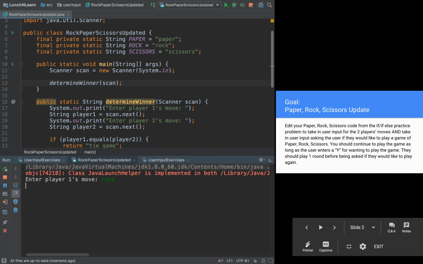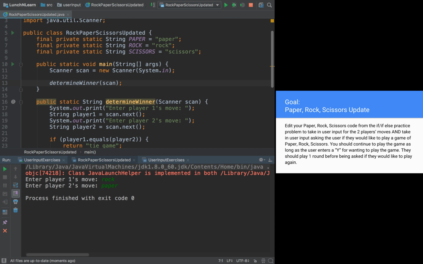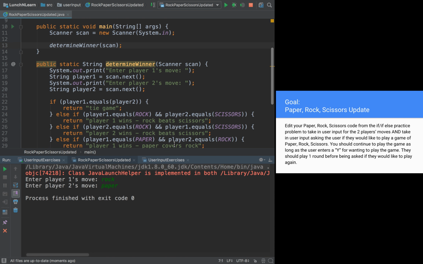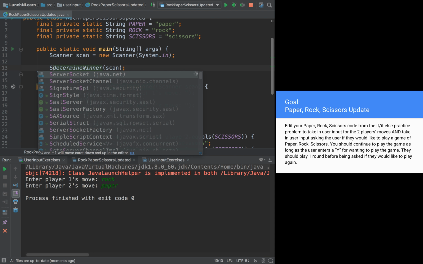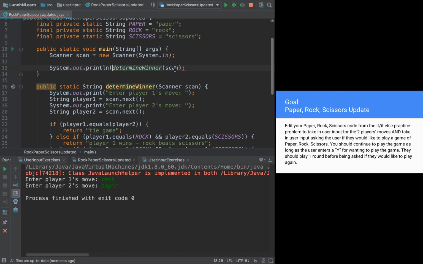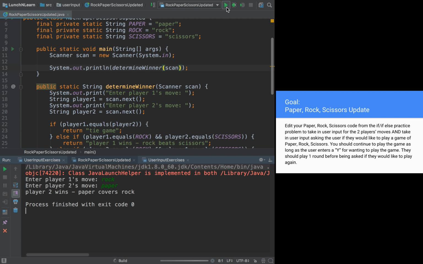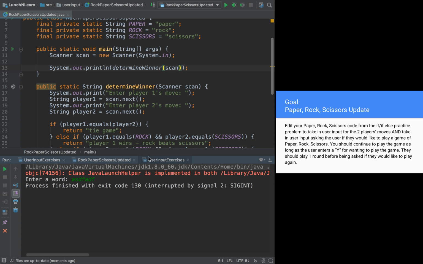So player 1's move is rock. Player 2's move is paper. Oh, you know what? I forgot to print out the answer. So, player 2 wins. Paper covers rock. Cool. Let's try again. Scissors, rock. Player 2 wins. Rock beats scissors. Great. Okay, so now that we've established that it works, at least for a couple of them,